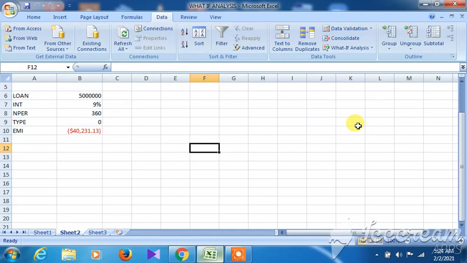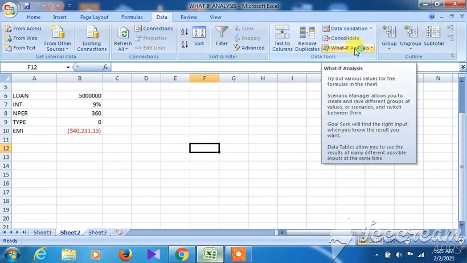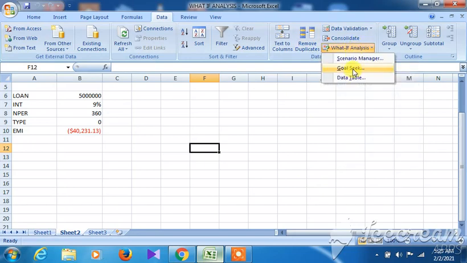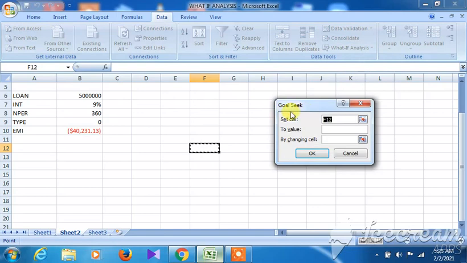First let us see what is actually to be done over here. Goal Seek is a tool under the What-If Analysis. You can see here Scenario Manager. Yesterday we had discussed that, and this is the Goal Seek. So you will get the Goal Seek from here: Data, under the Data Tools, and then you have to come to the What-If Analysis option. Then this is the Goal Seek. So that is actually the step to get the Goal Seek.